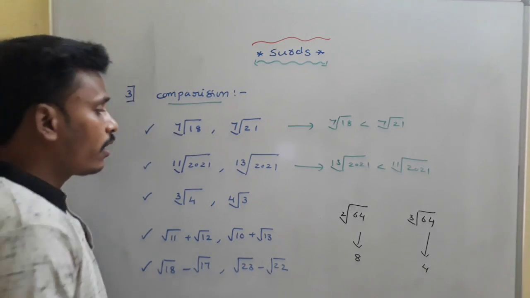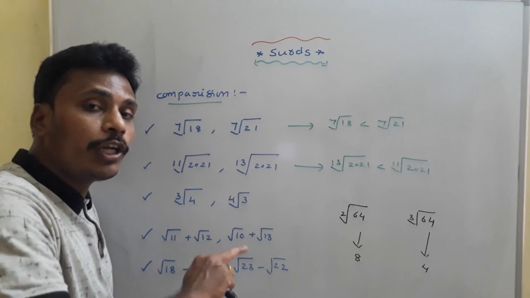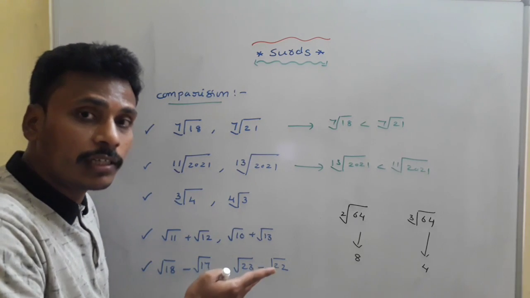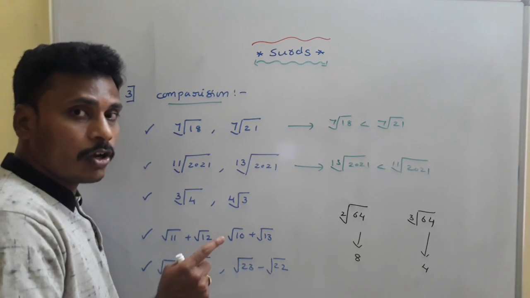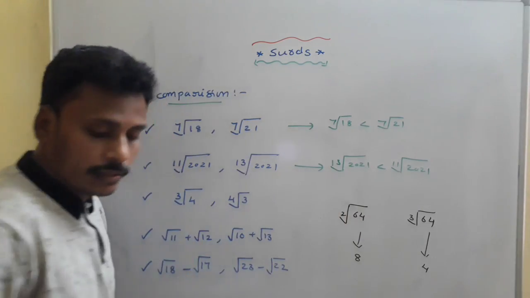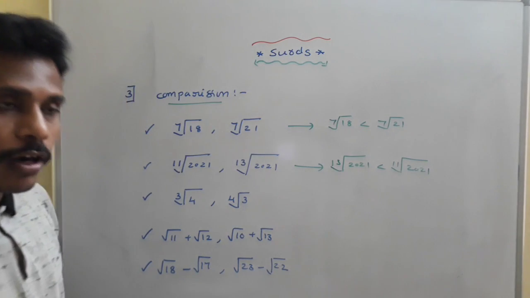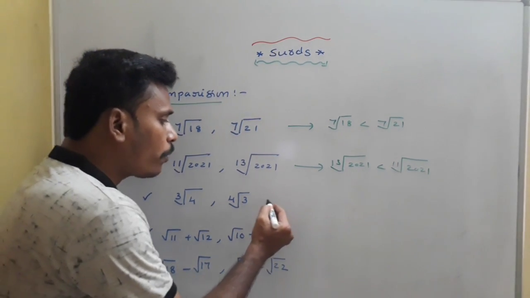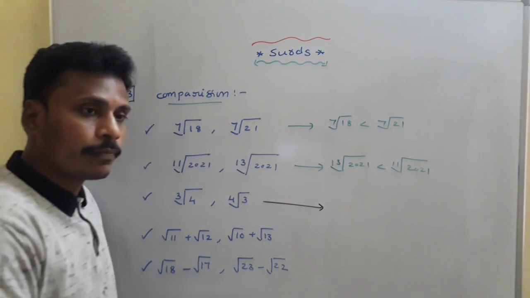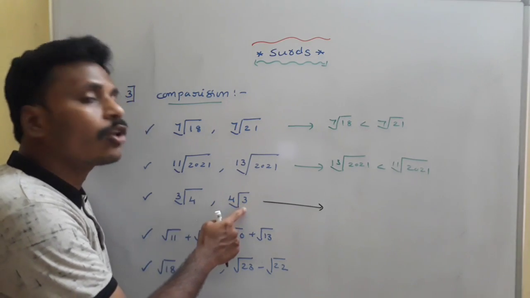That is, while comparing surds of this format, you need to maintain the opposite order with the orders. Okay, see, 11 is lesser, so 11th root of 2021 is greater. That's it. And the next problem, see, cube root of 4 and 4th root of 3. When you observe this particular problem, orders are different as well as these numbers are also different.